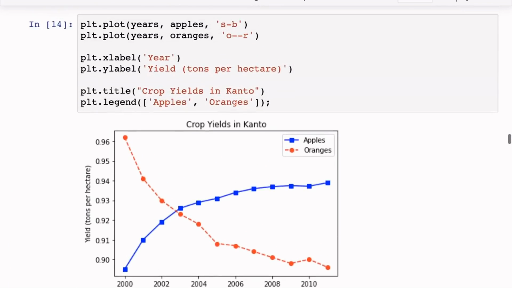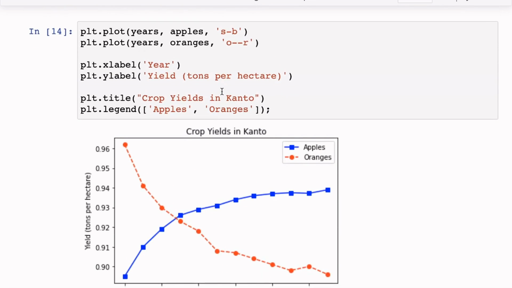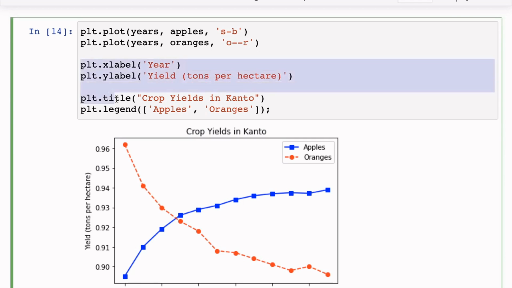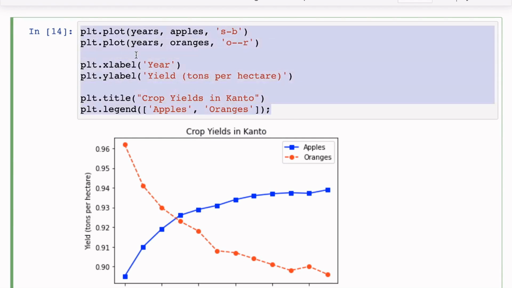So you can use this shorthand from time to time when you are quickly drawing some graphs, just to differentiate between different lines. And once again, you can see that we've still copied over the X label, Y label, title, and legend. What you can do is you can take all of this. If you have plots that you want to draw in a certain way, you can take all of these and put them into a function, so that each time you pass in 2 lists of values, apples and oranges, all these styles are applied to them, right? So you can use all the nice things that Python offers, things like functions, modules, and so on, to organize your code and organize your graphs as well.